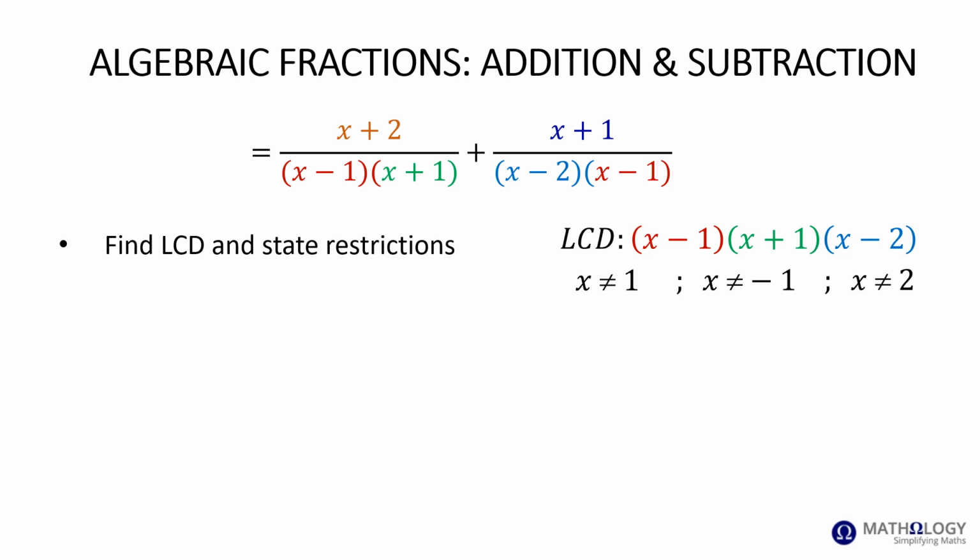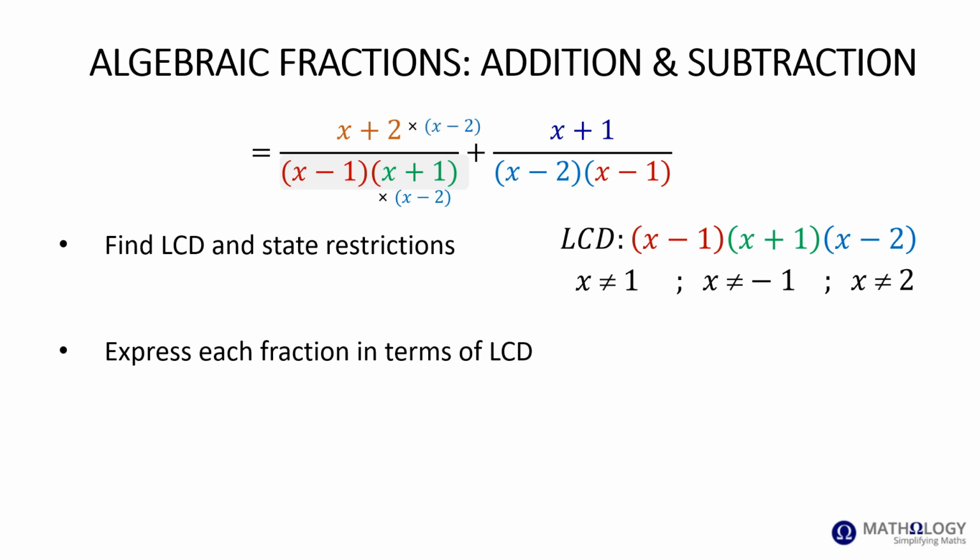Now, we express each fraction in terms of the LCD. The first fraction contains the brackets, x minus 1 and x plus 1, so we need to multiply this denominator by x minus 2, such that the denominator is the same as the LCD. At the same time, we also multiply the numerator by x minus 2, so we don't change the value of the fraction. We now have x plus 2 times x minus 2 at the top, and the denominator is the